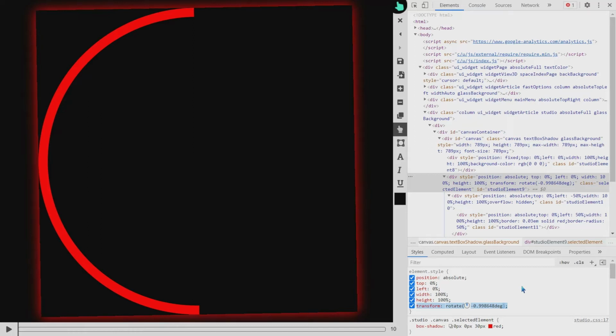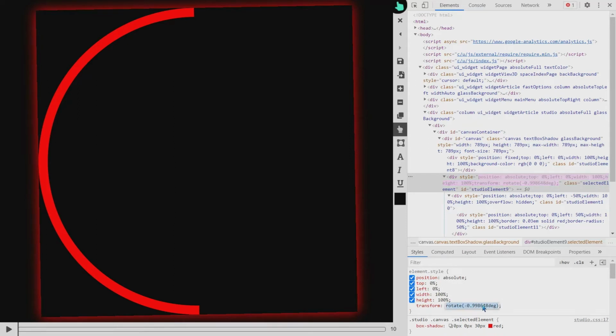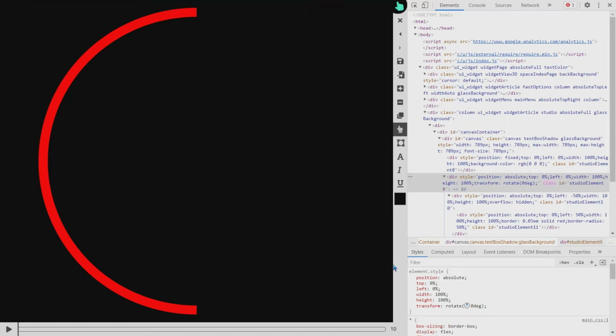Just simple HTML and CSS. So I want the starting rotation to be 0. Sorry. Here I want 0 degrees rotation. And now I have the first element